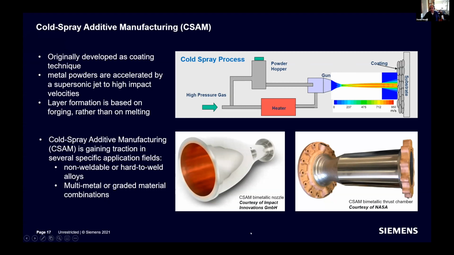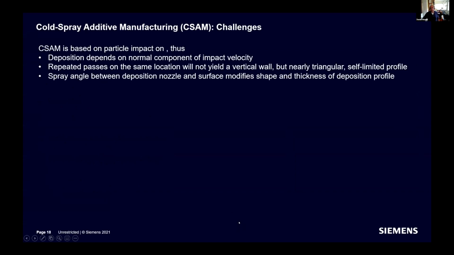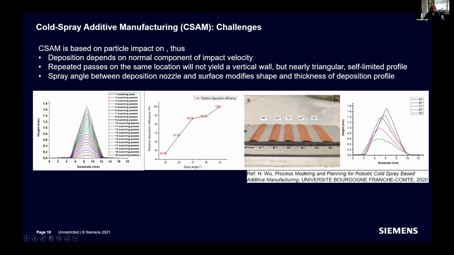So here are two examples of rocket nozzles, where the challenge is to combine copper with nickel, which doesn't weld very well together, but you can combine it by this kind of technique. Now, the challenge in cold spray additive manufacturing is the fact that the deposition mainly depends on the normal component of the impact velocity with which you hit your surface. So if you do, for example, as shown here, repeated passes on the same location, going back and forth as you do it on DED, one would expect to build a wall, but what actually happens is that you build a triangle,